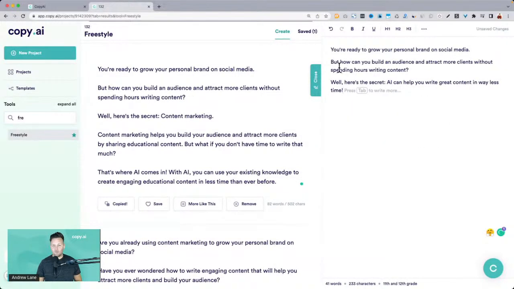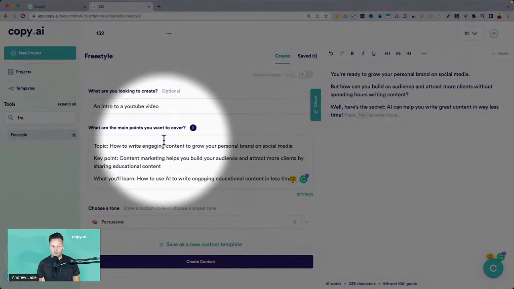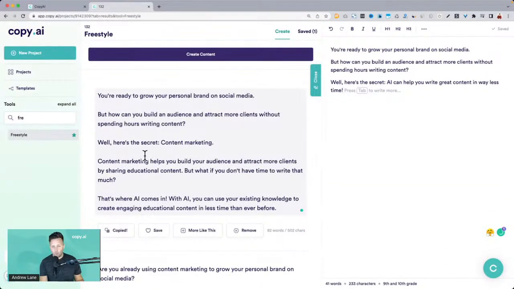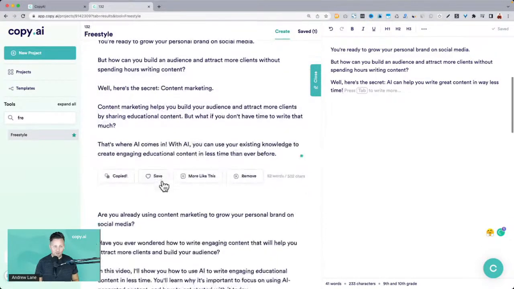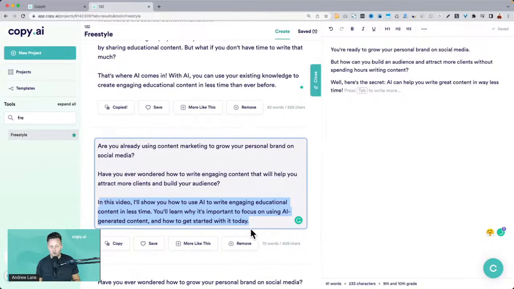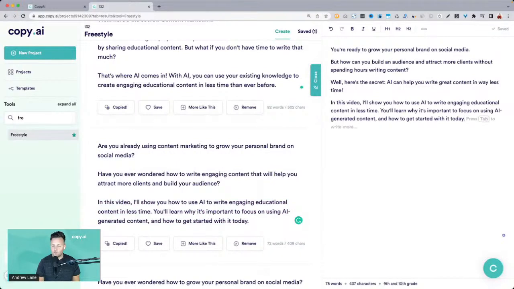Okay. So that's a few quick ways to use Copy AI. Just give it some details about what you're trying to get across and share, scan through the results, pull them out, and start to piece it together. So I can scan through this. You know, if it is an intro to a video, that's a pretty compelling little intro. All right. So let me pause there. And before we dive in further,